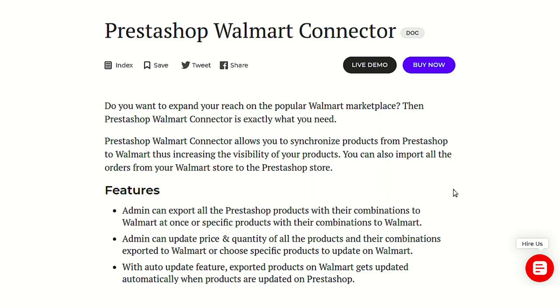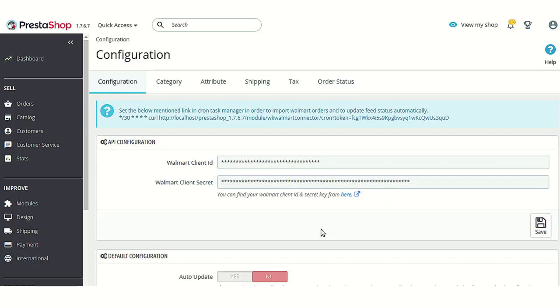So let's just go to the PrestaShop back office to know more about the configuration and other options that we get to configure the module. This is the configuration page of the module, and as you can see, there are multiple sections and each section will also contain multiple options. So we will deal with the significance of each option available in each section one by one.